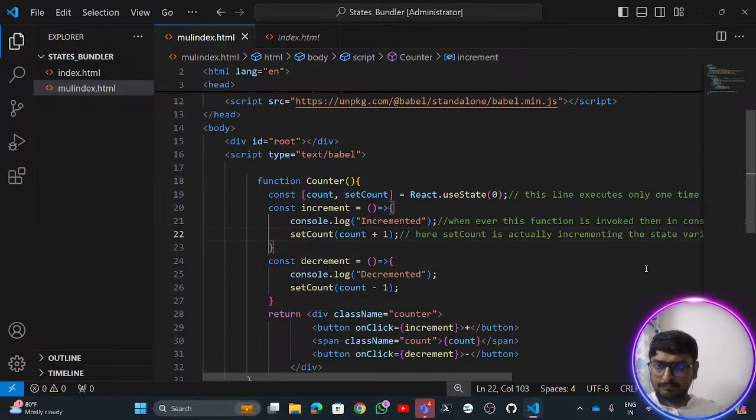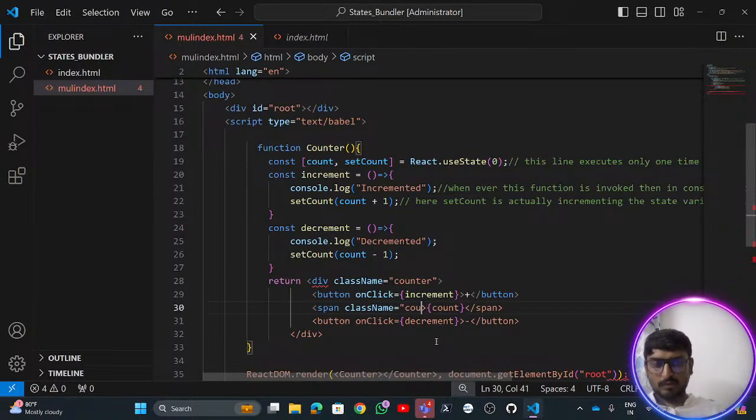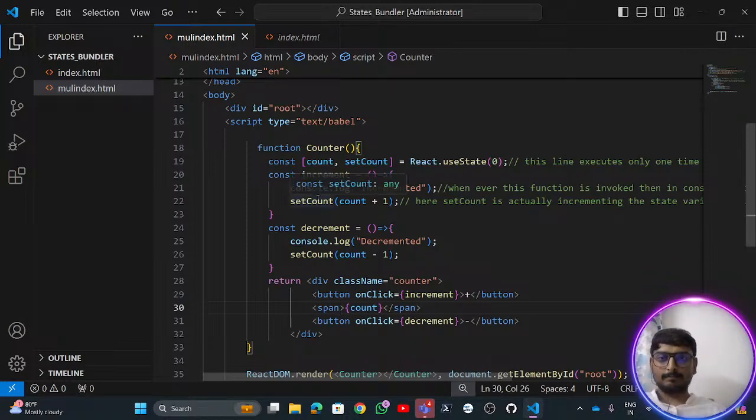So yeah, we'll say multiple counters. How can we create this kind of multiple counters? For that, remove this class of count. It is an unnecessary thing. Remove it. Instead, I will be telling that